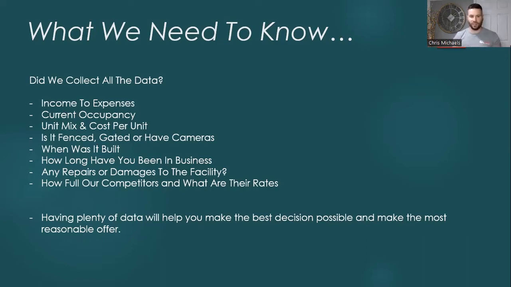So here's some of the information that you're going to want to collect. The first thing you want to get, which is the most important, is the income to expenses. This is going to give you a majority of the info that you need to know. You also want to get the current occupancy, excuse me, the unit mix and cost per unit, which is really, really important. Having the unit mix and knowing what they're charging per unit will allow you to compare that with